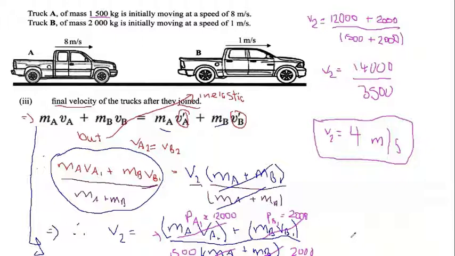So if we were to just say in English, what happened? Describe the collision. What happened? Well, there were 2 trucks. One truck had a mass of 1,500 kilograms, and it was moving at 8 meters per